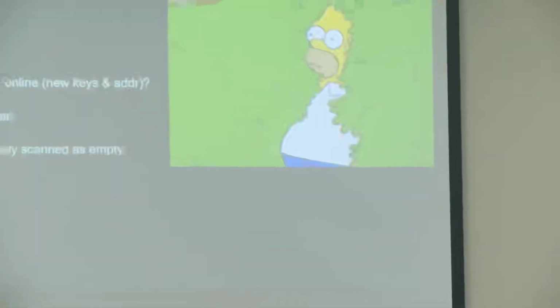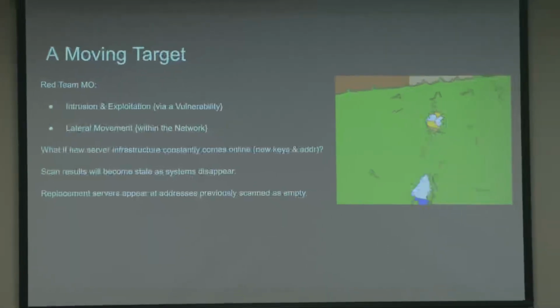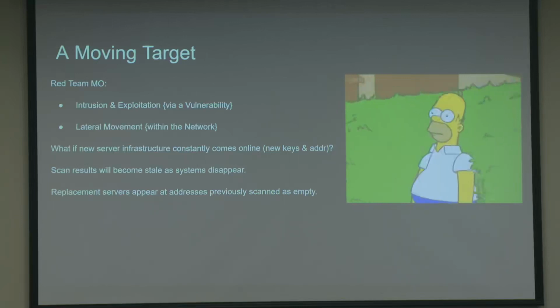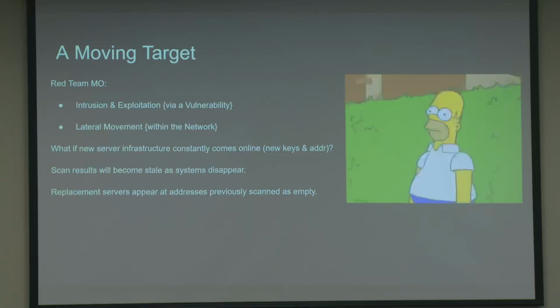Okay, so the next part of it is, how can we go and every time we start up a new server, the new server is somewhere new. We give it a different IP address, we put different keys on it, we run different services on it. For the network, for the red team, they're going out, they're looking across the network. Where they once didn't see a server in the IP address space, 2 hours later, there might be a server, right? So any scanning that they're doing of the network is going to be invalid 2 hours later because they're